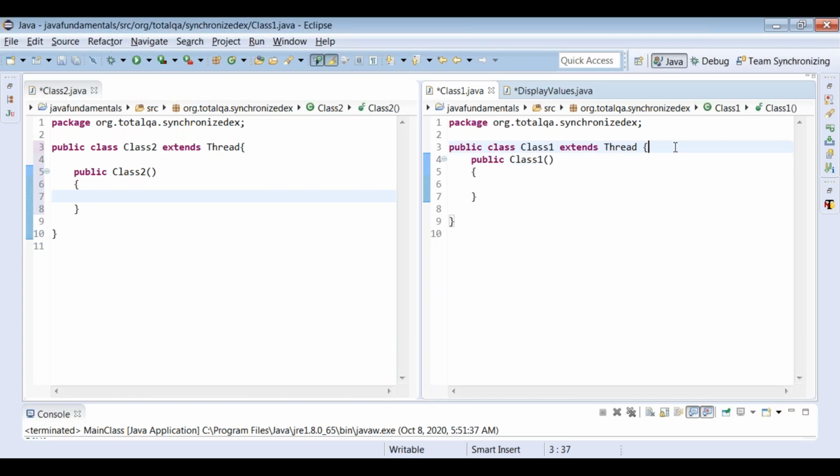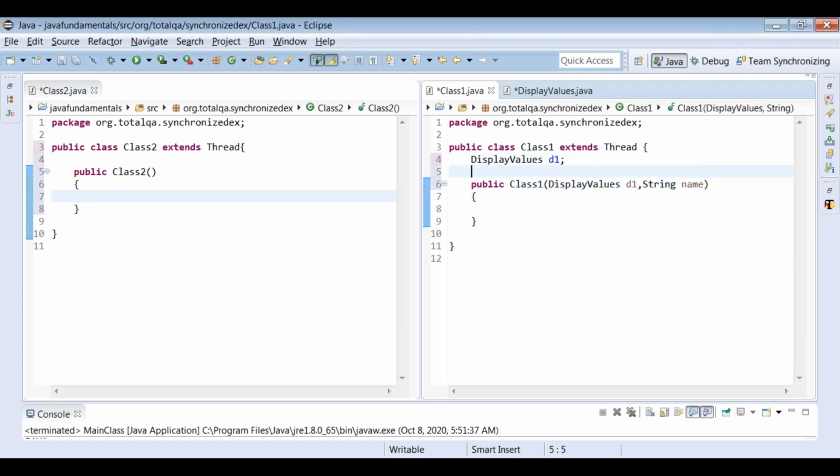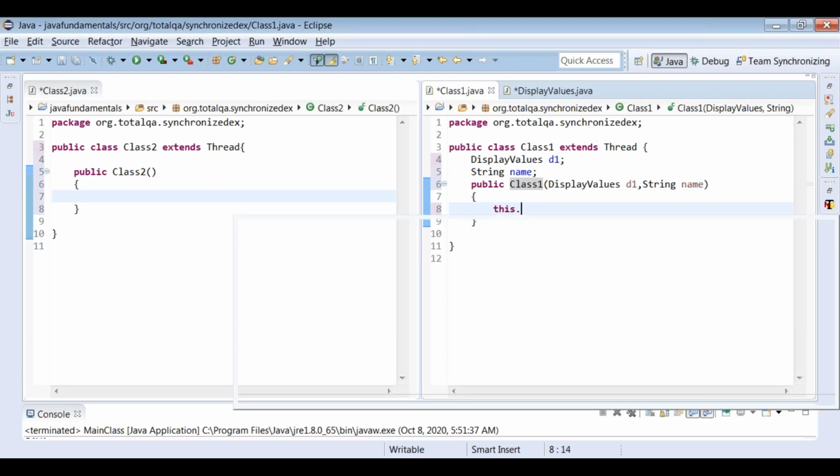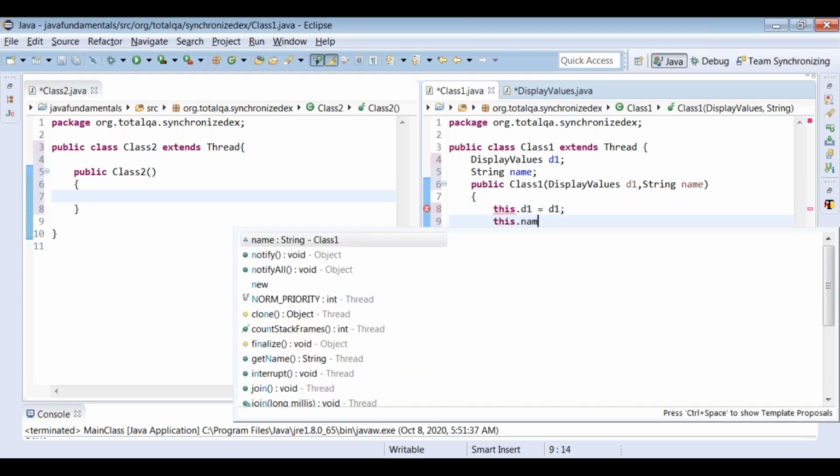DisplayValues d1, and we pass d1, comma, a string name. We create these two variables here, string name, and we store these values using this.d1 equal to d1 and this.name equal to name.